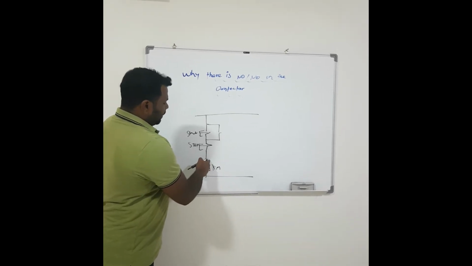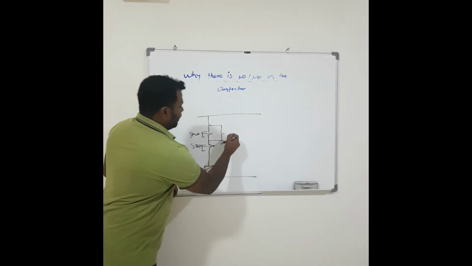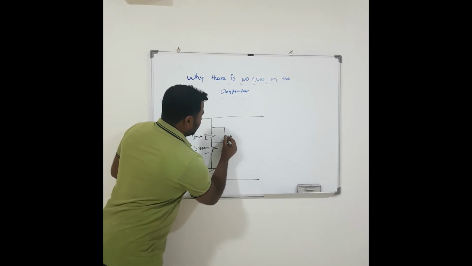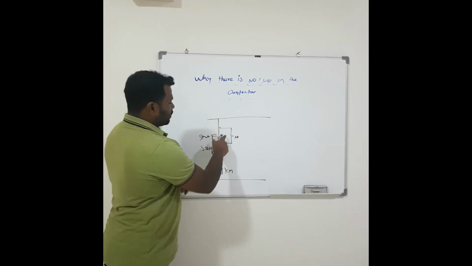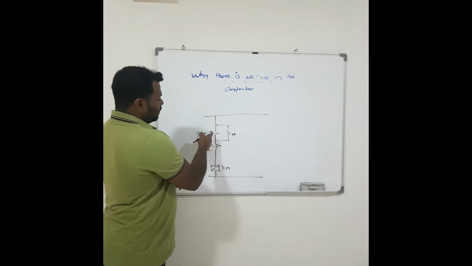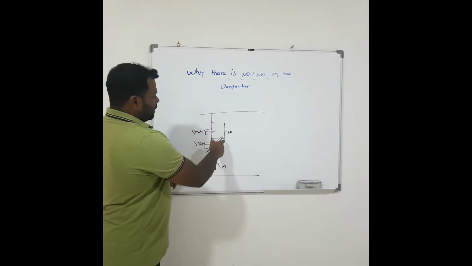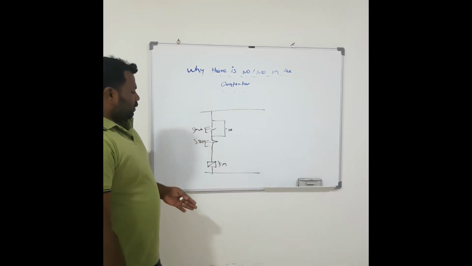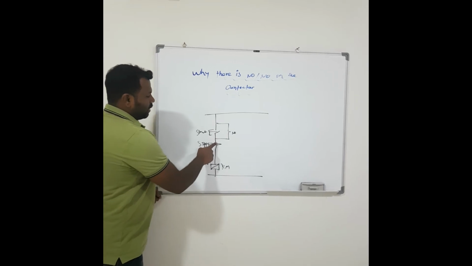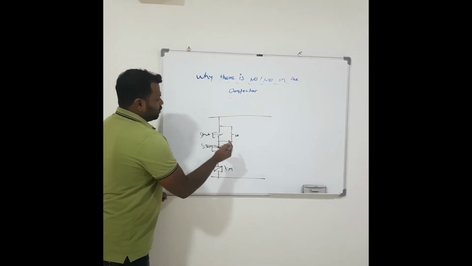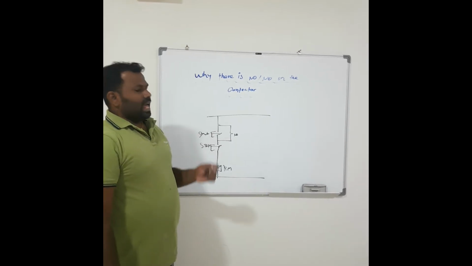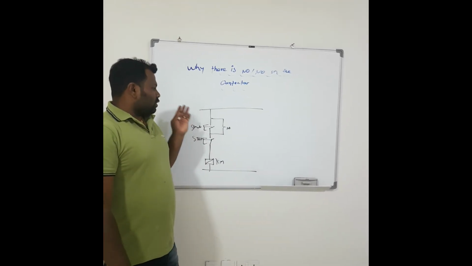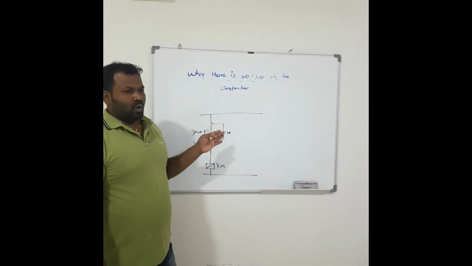energized. When this contactor is energized, the NO will close. So once this closes, the supply will pass through the NO contact. Even when this start button opens, this will keep on giving the supply to the coil until you give the stop command. So this is how the starter works through the NO contact. This is the most common usage for this NO contact.